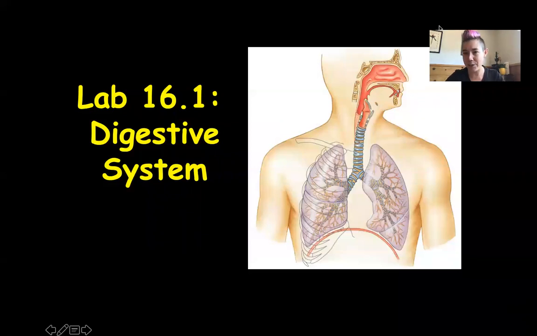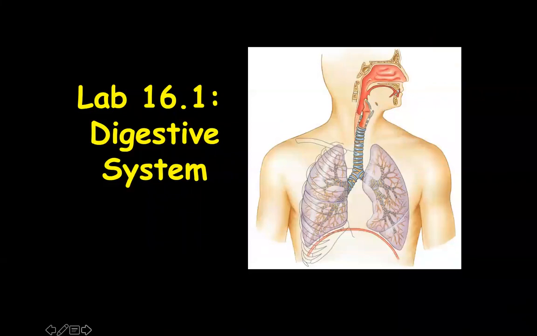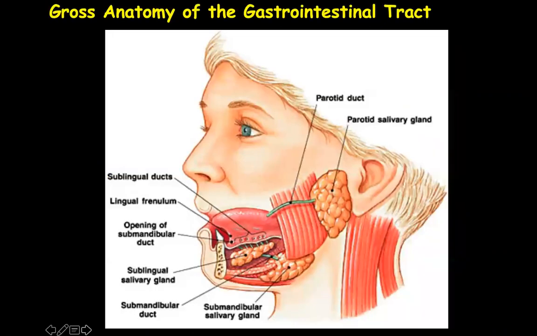So I'll disappear so I can show you my PowerPoint. So we'll first be looking at some of these structures that are associated with the buccal cavity or the oral cavity, commonly referred to as the mouth. It's the first site of ingestion and of mechanical and chemical digestion. So there are accessory structures of the teeth and the tongue that start those mechanical digestion processes, breaking food down into smaller pieces. And the salivary glands secrete saliva that contains salivary amylase, and that starts that chemical breakdown of